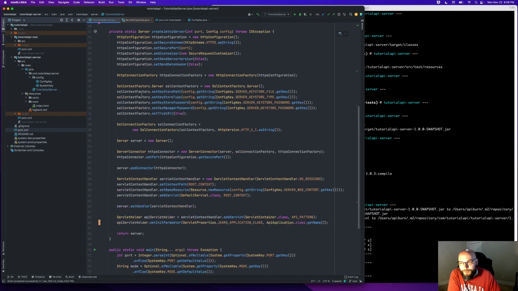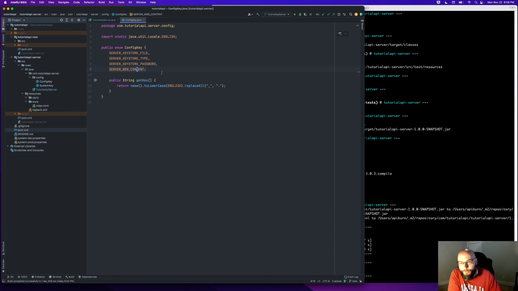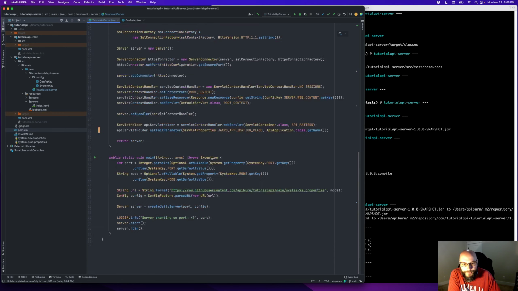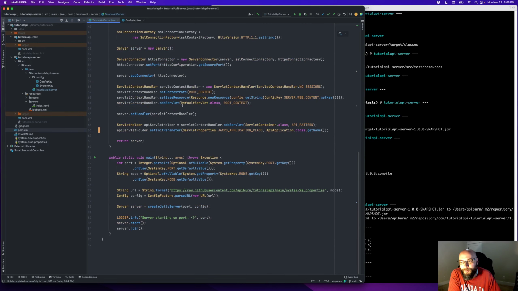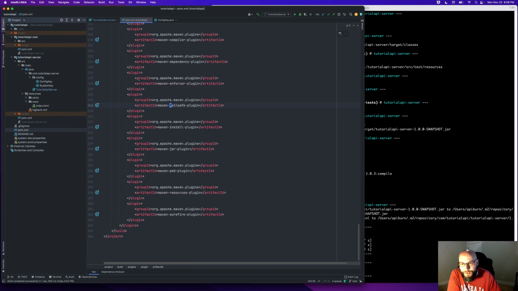The next thing I want to do is, we've added our enumerations here. We're making some assumptions that this stuff works, because we didn't implement any kind of unit tests or anything like that. So what I'm going to do now is go ahead and add the infrastructure for unit and integration tests. If I remember, we already have the plugins here. I see the failsafe plugin, and I see the Surefire plugin. So we do have our plugins available.